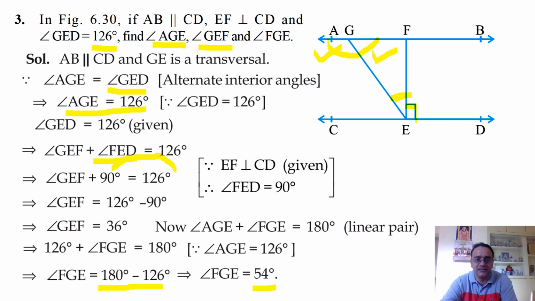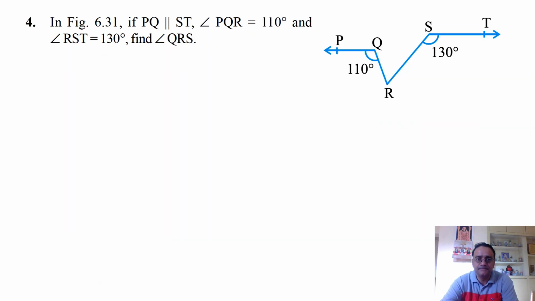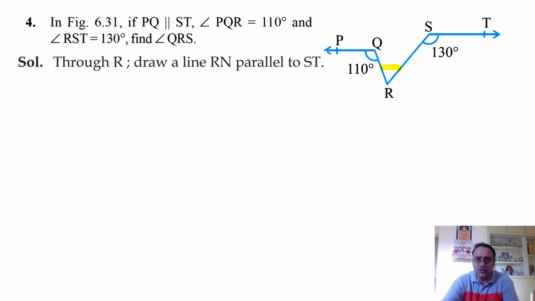Now we'll move towards question number 4. In figure 6.31, if PQ parallel to ST, angle PQR is equals to 110 degree and angle RST is equals to 130 degree. Find angle QRS. This angle we need to find. Okay, so what we will do, we'll do one construction. Through R, we'll draw a line RN parallel to